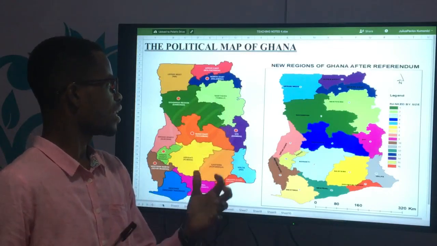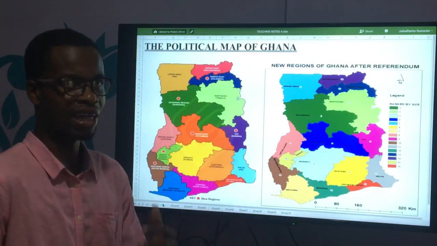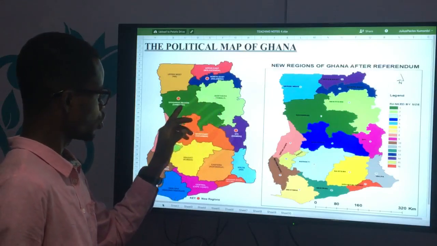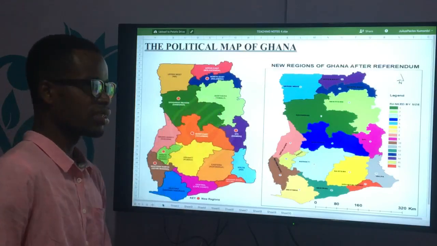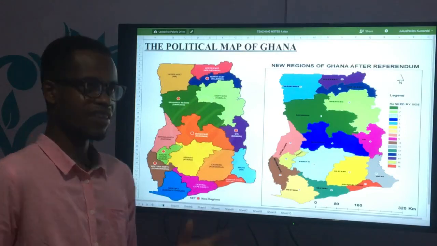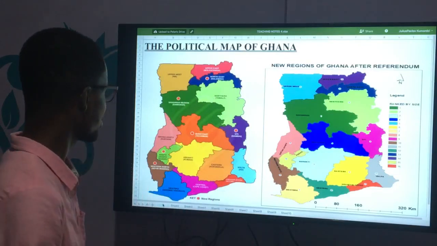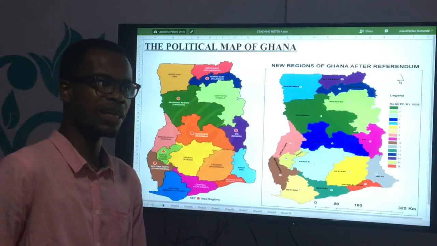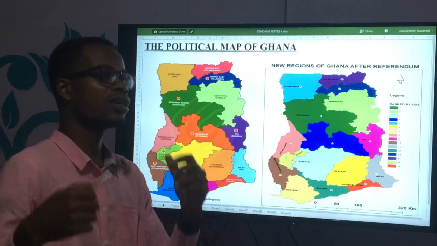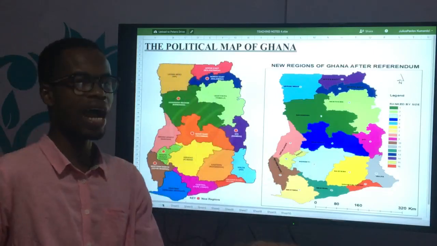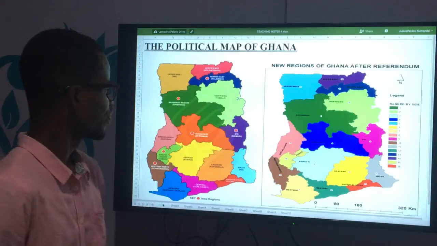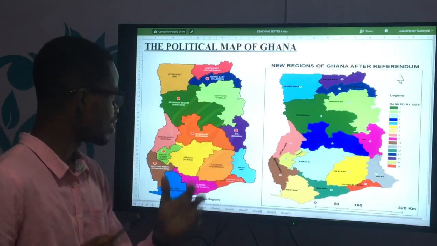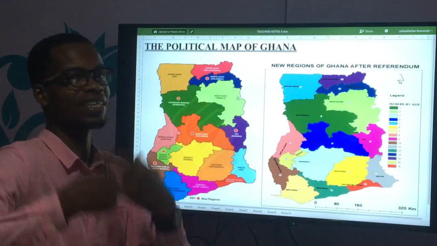Okay, so Nalerigu, Nalerigu. Then they moved further to this part, the western side, and created the Savannah region. So the Savannah region has its capital Damongo, D-A-M-A-N-G-O. So you just write Da, D-A, and then you add Mango. Alright, so we've talked about the two regions that were created out of the northern